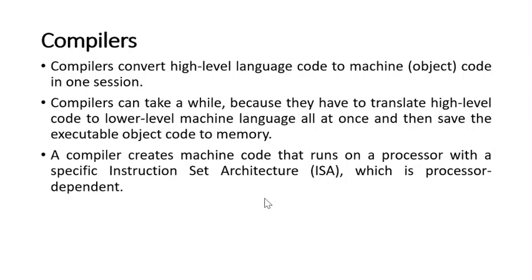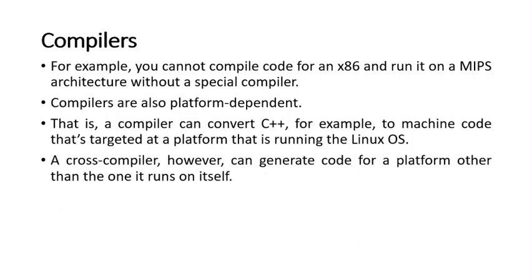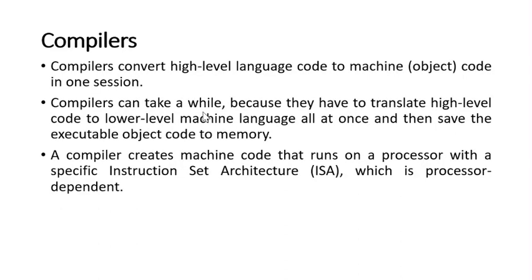Okay, so ang difference ng compiler sa interpreter sa assembler is dito kino-convert niya yung given program into machine code all at once. Okay, and then nagke-create siya ng executable object code na sinesave niya, so gumagamit siya ng memory. Okay, so later on i-compare natin yung tatlo. And so for example, you cannot compile code for x86 and run it on a MIPS architecture without a special compiler. So basically dito ang sinasabi lang,